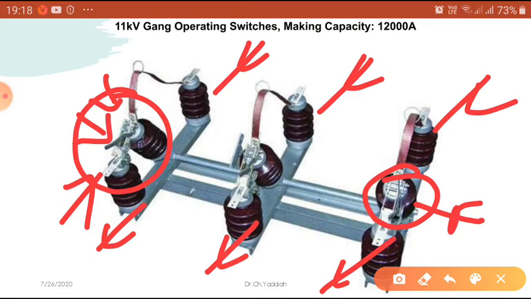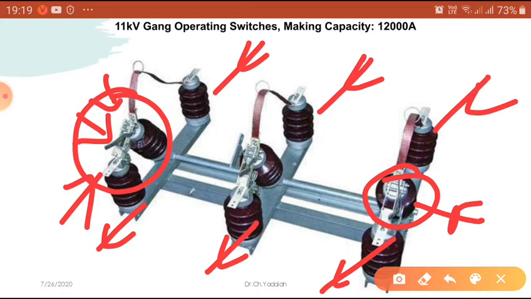Now in the air brake switches we are not using any type of oil or any type of dielectric media, so there is no maintenance required. That is the advantage of the simple air brake switch. Let us see the working and construction of the air brake switch. What are the advantages we have seen? There is no risk of maintenance, no oil, no cost of oil, no replacement of the oil. At the same time, we are not using any pressure or storage of oil for mechanism purposes. So by simple manual operation we can operate it.